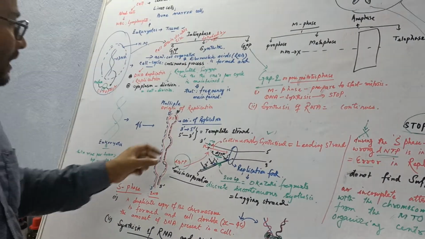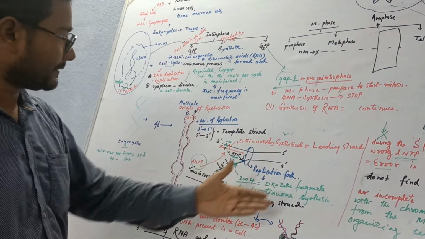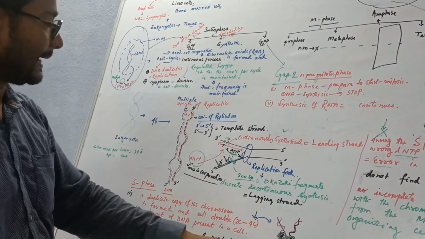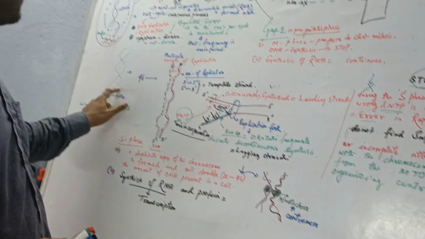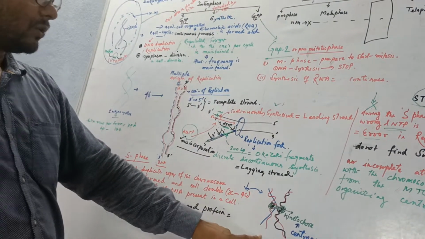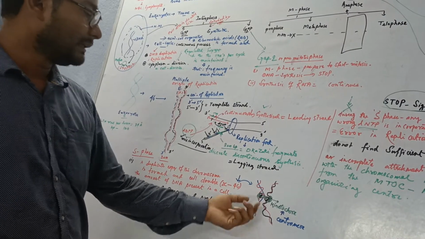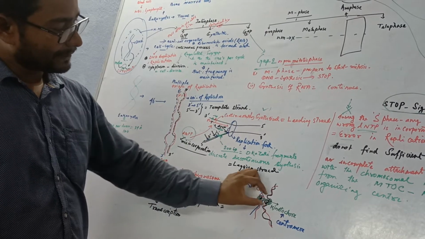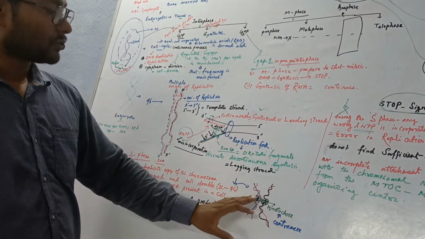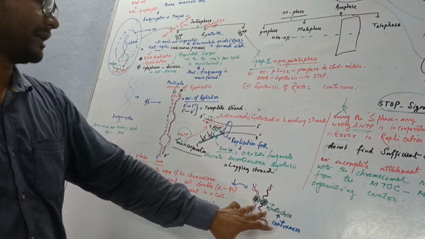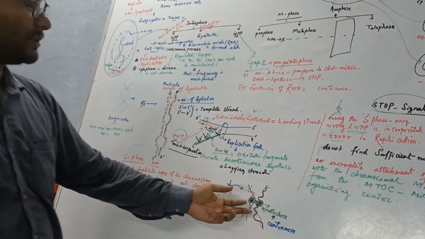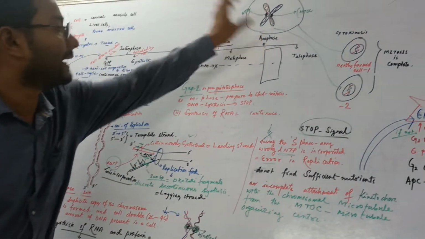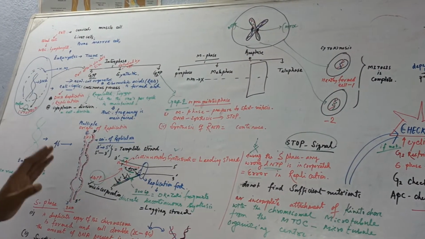And you see, after this replication has been completed, so the cell will move to the G2 phase. But before that, your 2C content of this DNA is now 4C, and in the middle of this chromatin there is some kinetochore or primary constriction. So this is for the spindle assembly checkpoint, and it will attach with the chromosomal fiber of microtubule, and this microtubule will move from here. So now you can see